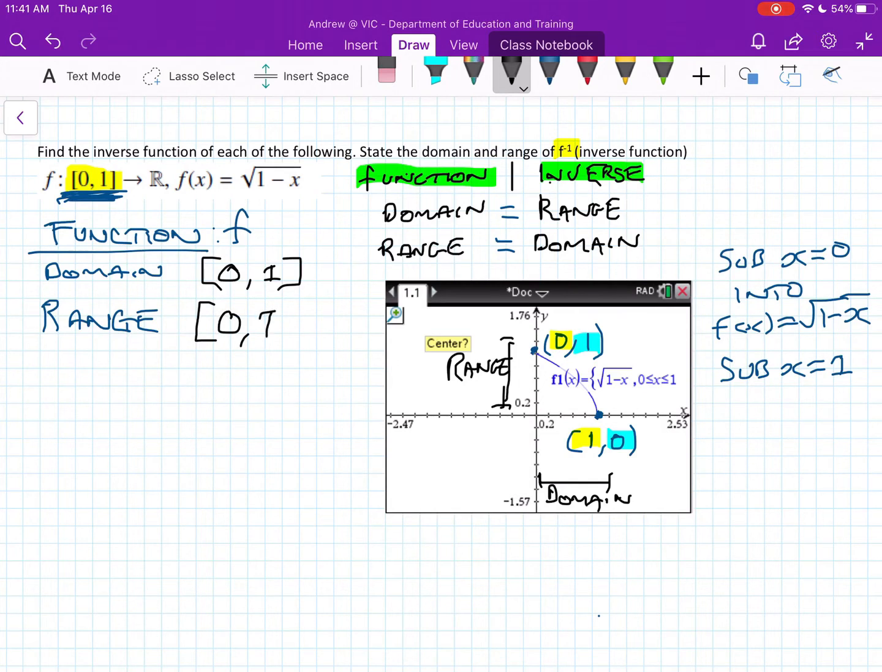Remember, always write them from lowest number to highest. So don't write 1 to 0 here. Alright, so that's how far our range goes over and our domain. So that means using our relationship we just discussed at the start, so the inverse